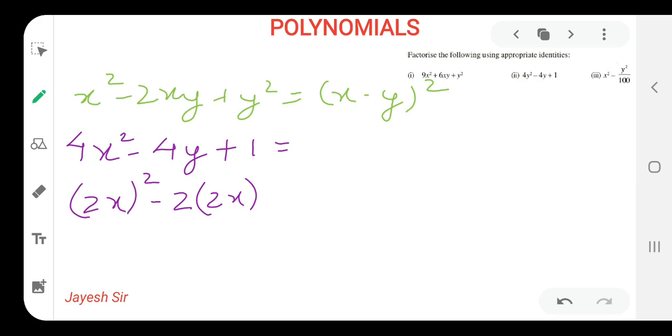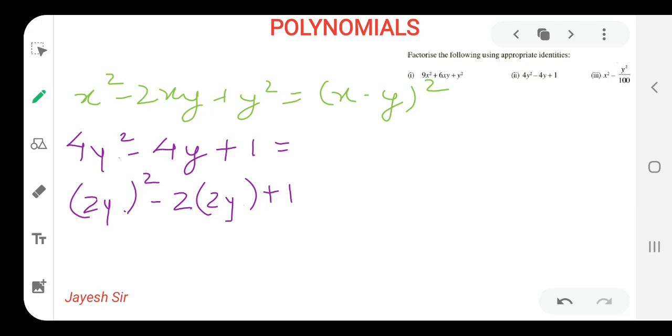I hope you all might be getting it. Our question was, there is a little bit mistake in the question. I have written a little bit different question. What was the difference of y? So here it was 4y square, so it will be 4y. Similarly over here also it will become 2y plus 1. I hope you all might be getting it.